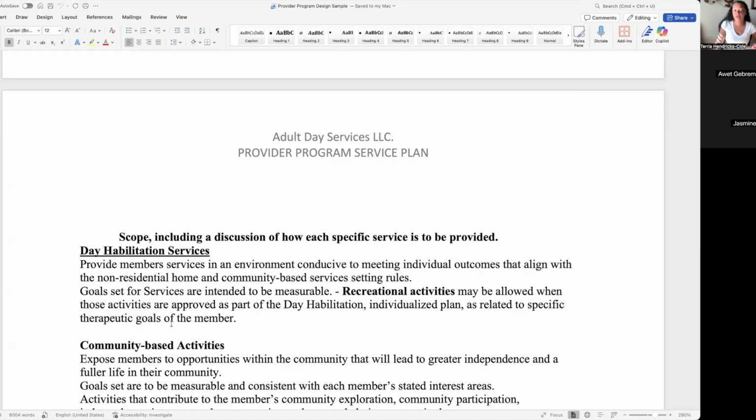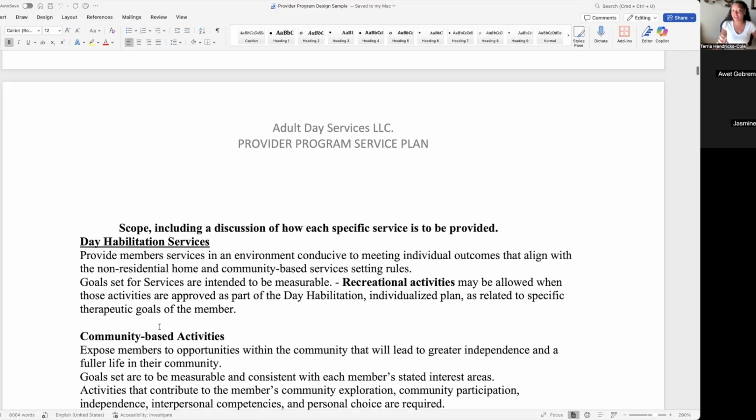What we can do, what we can't do: you can do anything your mind can set to. The more unique your agency is, the more clientele you will have. You don't want to be like any other agency. The sky is the limit when it comes to socialization. You want to be as unique and different from your competitors as you possibly can.